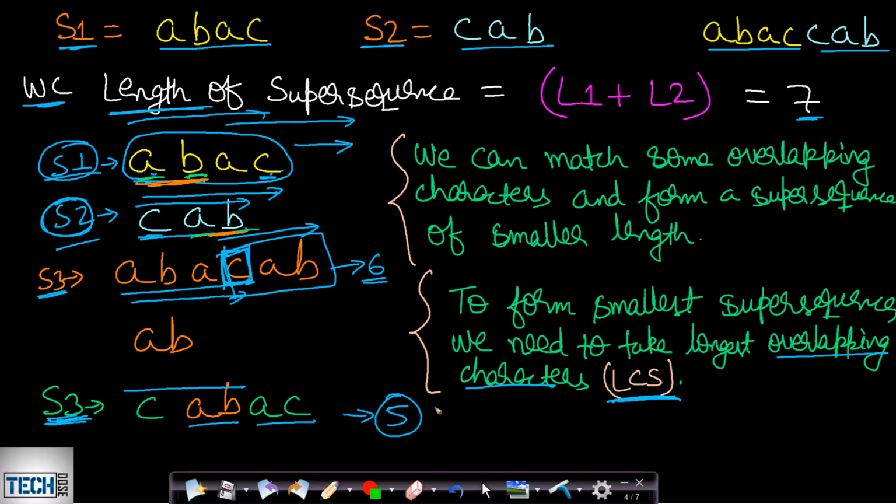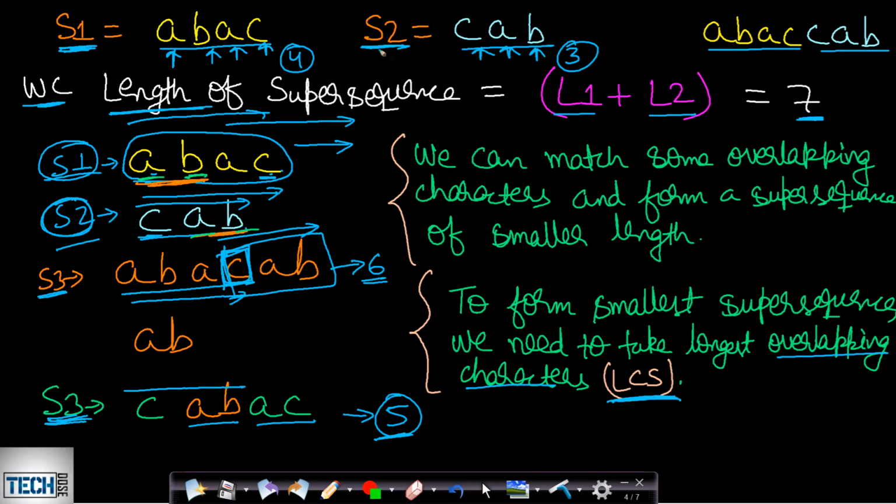Now if you remember, our first goal was to find the length of the shortest common supersequence. So here it is 5, but how do we actually find it? Now in this case, if you can find the length of S1, the length of S2, then in the worst case, it will be L1 plus L2. That is the worst case supersequence length. So in this case, you are adding all the characters. Okay, so this is 4 characters and this is 3 characters. You are adding all the characters. You are not considering any common character. And that is how you are getting the worst case answer, which is 7.